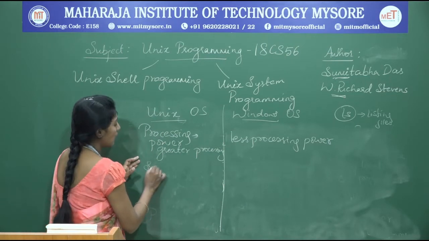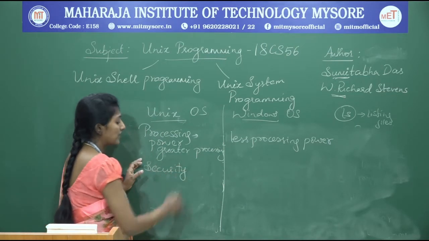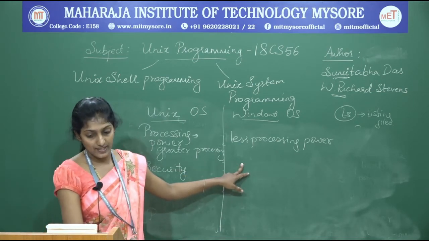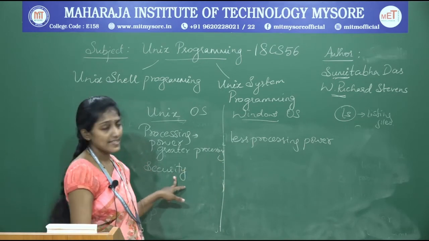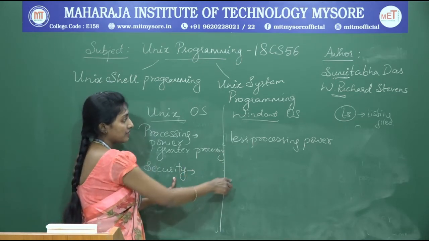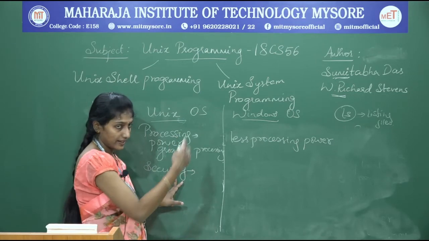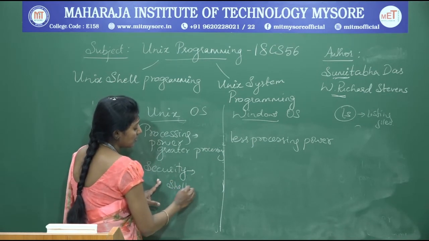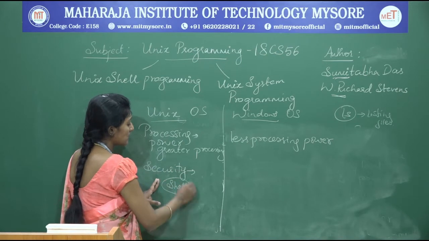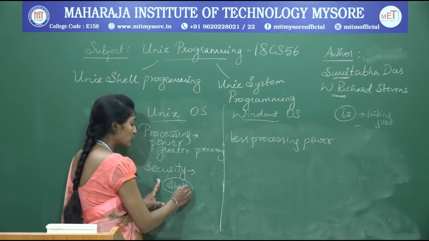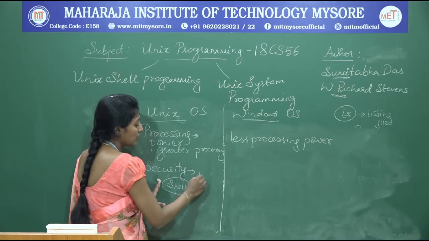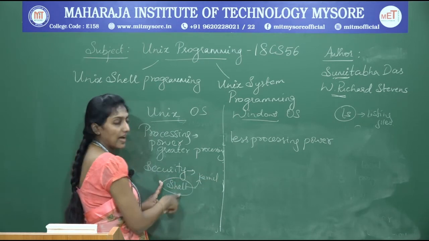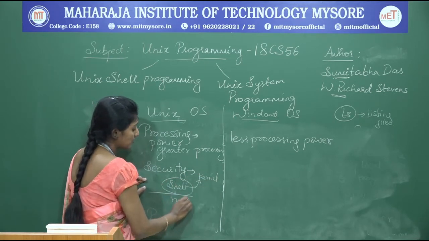Next is security. As I have already mentioned, the Unix operating system is more secure when compared to a Windows operating system. Why? Because, as I said, in Windows operating system we have direct access to the hardware, or hardware services, whereas here, for execution of any program, you use a shell, that is the command interpreter. Through this itself you access the kernel, that is the hardware component. Without this you can't access. So, here this is more secure,